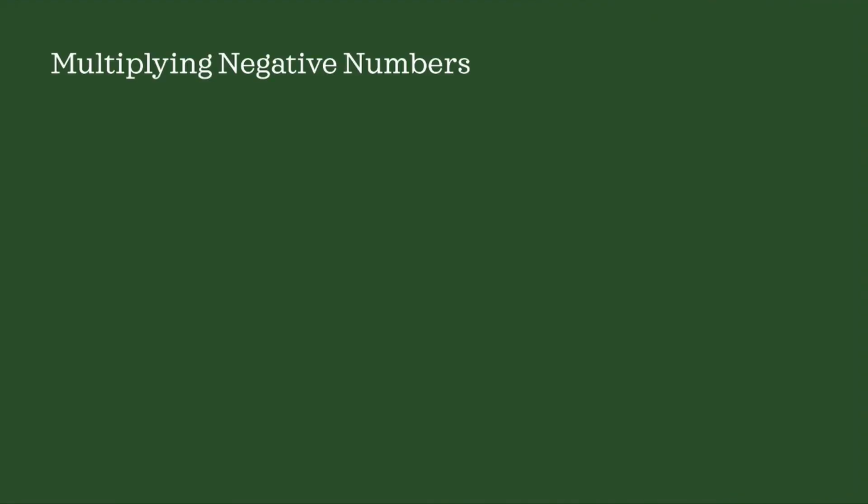So let's try some examples. Let's take the first one. Negative 4 times 2. Now, since they have different signs, we know for sure that it's going to be a negative number. So all we do is we ignore the sign and multiply across to get 8. And since they have different signs, we already have the negative sign there, so negative 8 is our answer. Easy, right? Now, before I show you the next one, I encourage you to pause this video and try it out.